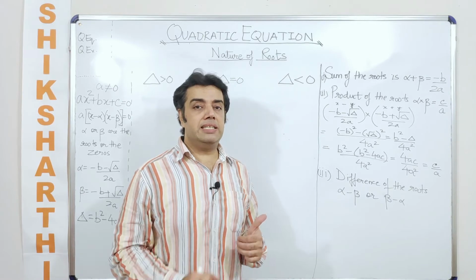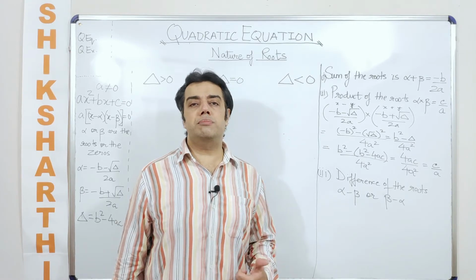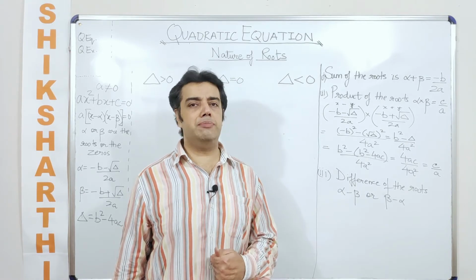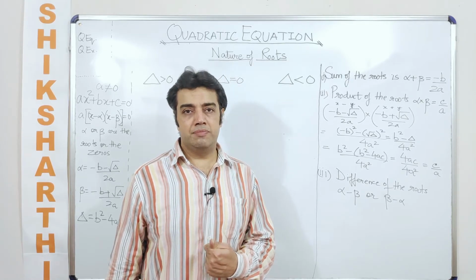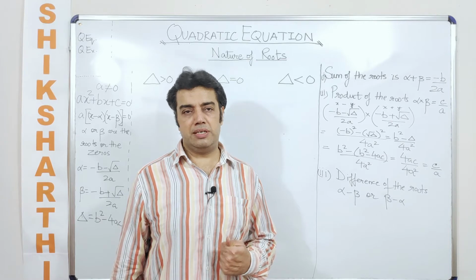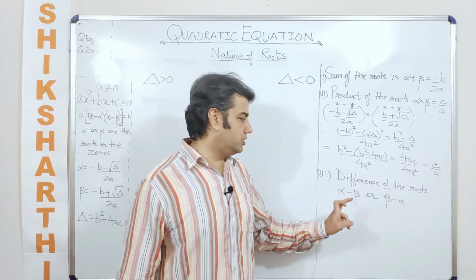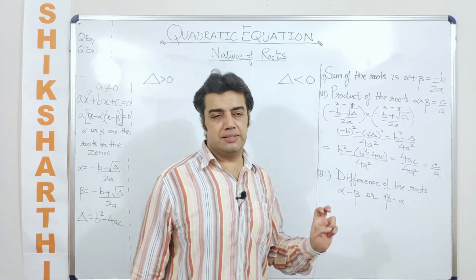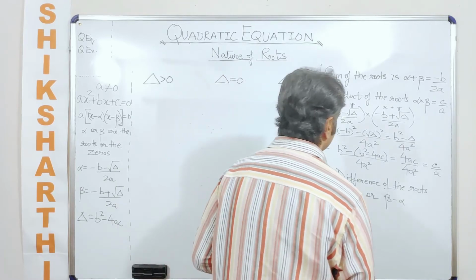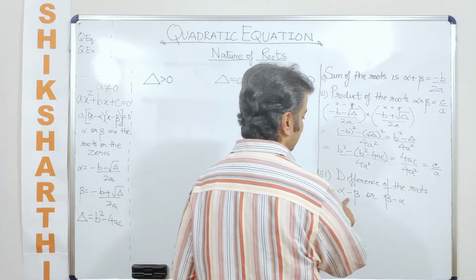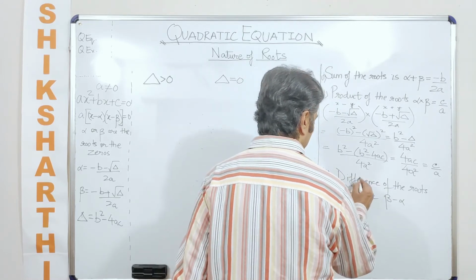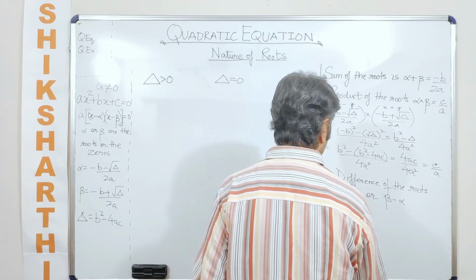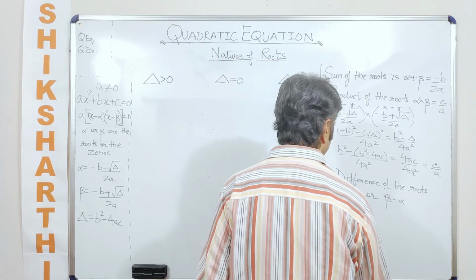Please understand it like this. Difference between two numbers can be subtract the second number from the first number or subtract the first number from the second number. It is not case specific. It is a generalized term, which is why you will have to talk about both the cases. Okay, having said this, now how do I get the value of alpha minus beta or beta minus alpha? Let us first simply talk about alpha minus beta. So can I say alpha minus beta whole square?